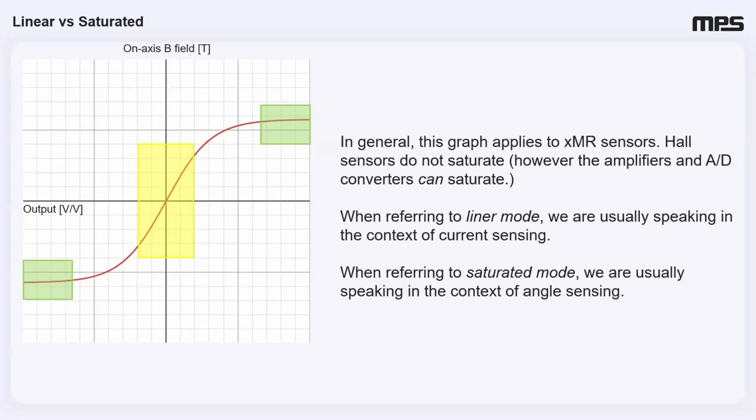Hopefully it'll be obvious by context, but in general, when I talk about current sensing, we're almost always talking about using the sensor in its linear region. And when I talk about the magnetic field range, I'm usually talking about the linear range. And when I'm talking about position sensing, I'm often talking about using these parts in saturation. Again, I'll try to make it clear, but I think it's good to keep that in mind throughout the presentation. That being said, let's actually jump in to